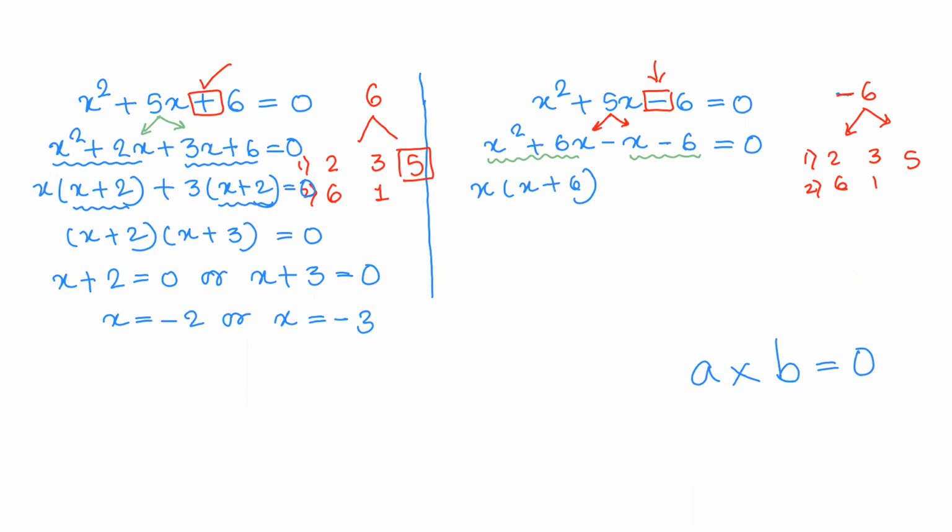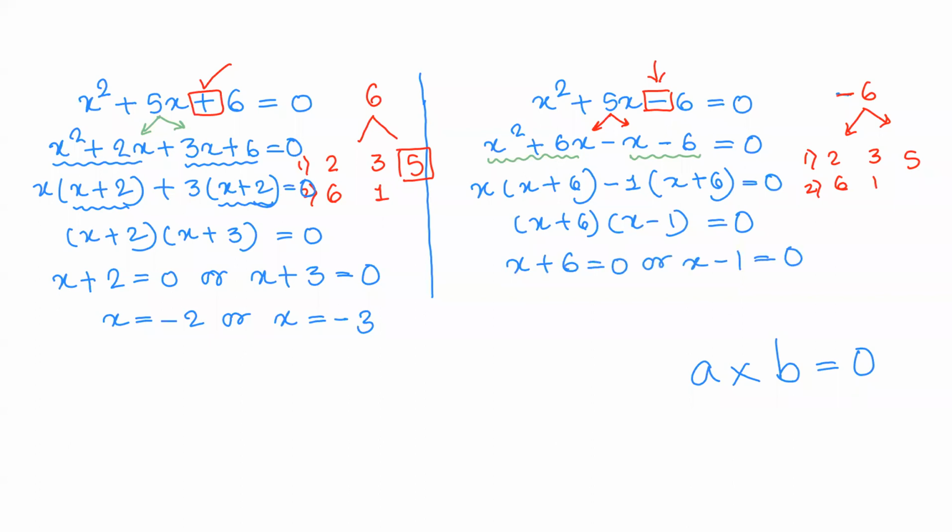From the next two terms, you take out anything common. तो जब हम कुछ भी common नहीं निकाल सकते तो one common निकालते हैं connecting sign के साथ. तो जब connecting sign minus होगा तो -1 common निकालेंगे तो अंदर का sign जो है वो reverse हो जाएगा, equals to 0. So we have x plus 6 into x minus 1 equals to 0. Now apply the zero product rule. X plus 6 equals to 0. X minus 1 equals to 0. As a result, x equals to minus 6 or x equals to minus 1 goes on the right hand side and becomes plus 1.